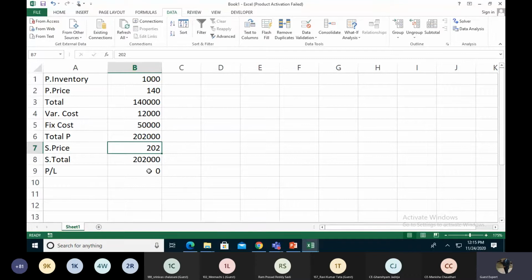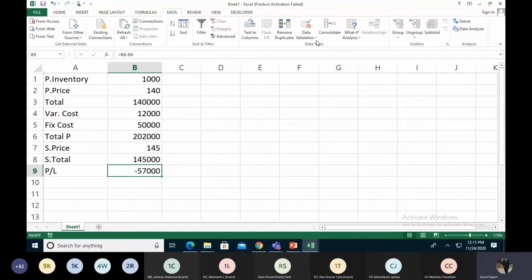Okay, we just repeated this task because when we do the Solver, we can understand better why the Solver is very useful compared to Goal Seek. Second thing, if I need only 145 as the sales price and I need over 20,000 profit, obviously I have to change my inventory value as well.